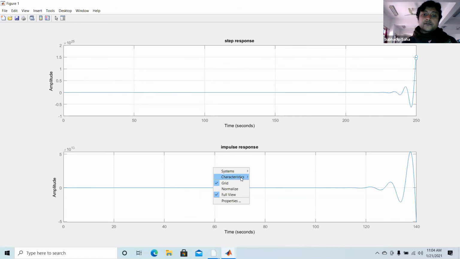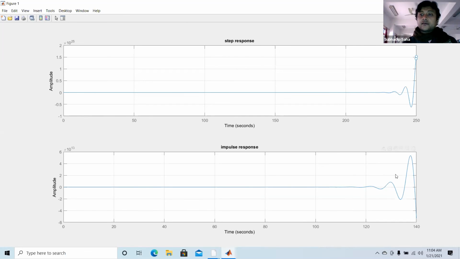Similarly for the impulse response, if you go for the settling time, you see no particular settling time is coming here. It is going on. The value starts from 0, but the final value is infinite.